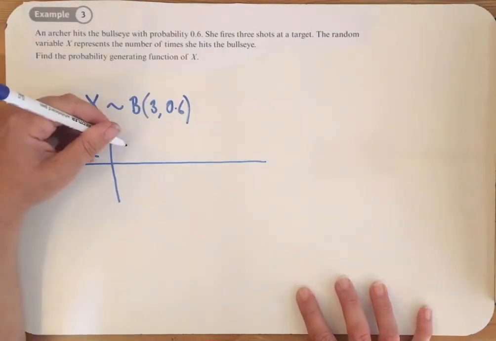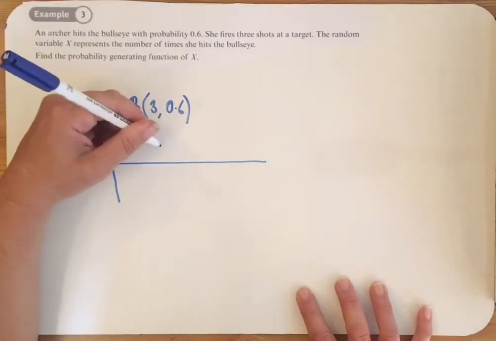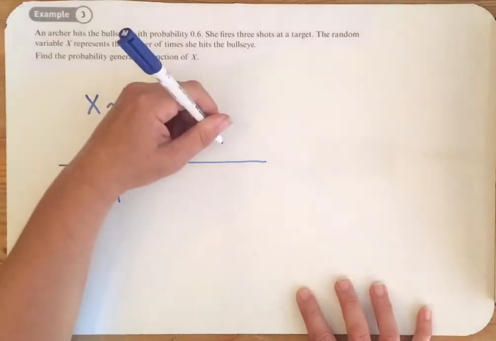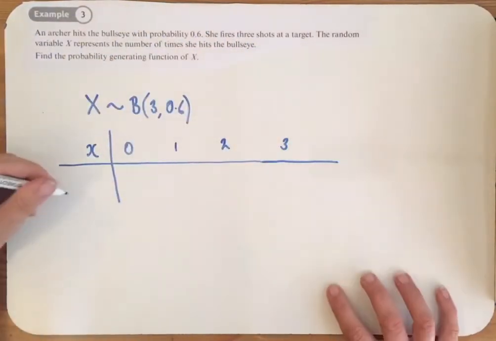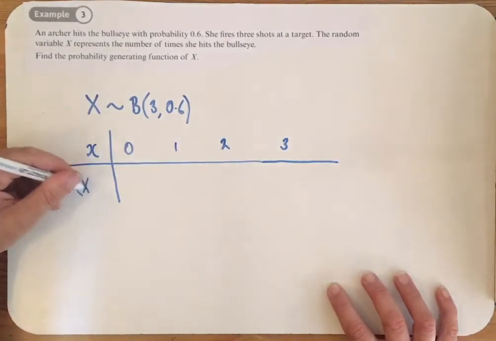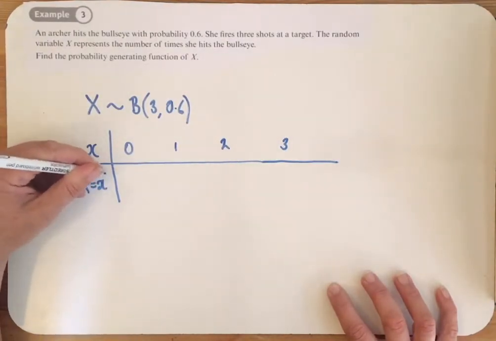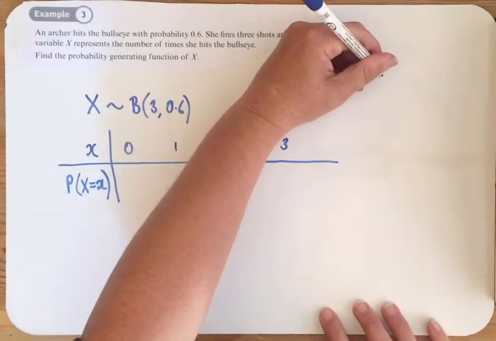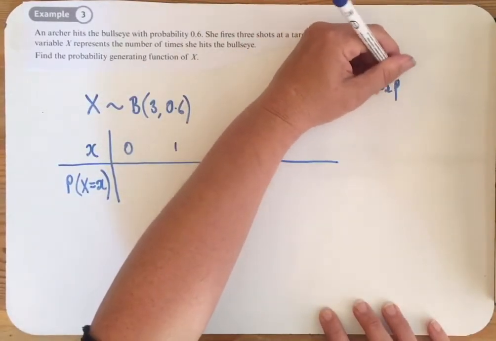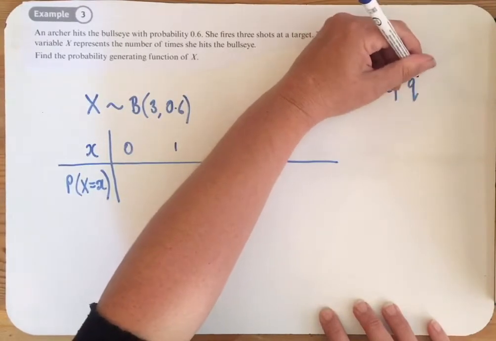So binomial distribution starts at 0, so she could hit the bullseye 0, 1, 2 or 3 times. And then we're doing probability x equals x. Let me just put the formula up there in case we need it: p to the x, q to the n